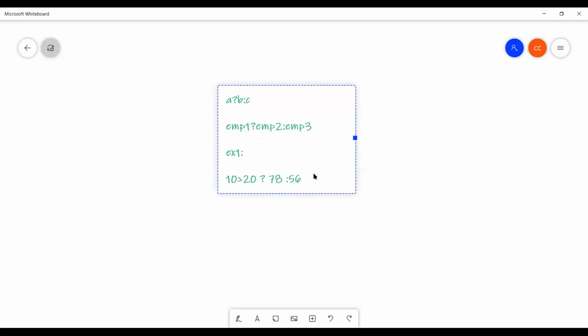For this line, evaluation is done with employee 1. Suppose 10 greater than 20 is our expression. Is the condition true or false? 10 greater than 20, yes, the condition is false. If the condition is false, the answer is 56.